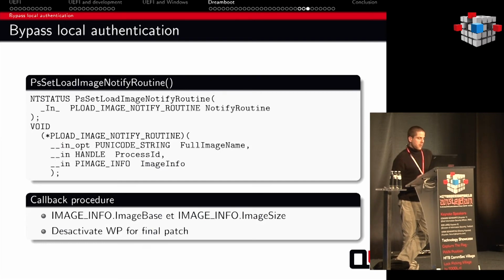So everything is fine with the notify callback, because in a callback parameter we have everything to do a patch: the image base, the image size, the PID. So it's very easy to patch. Next, for privilege escalation,